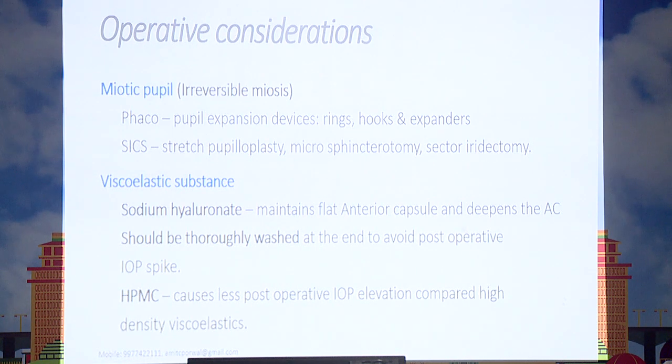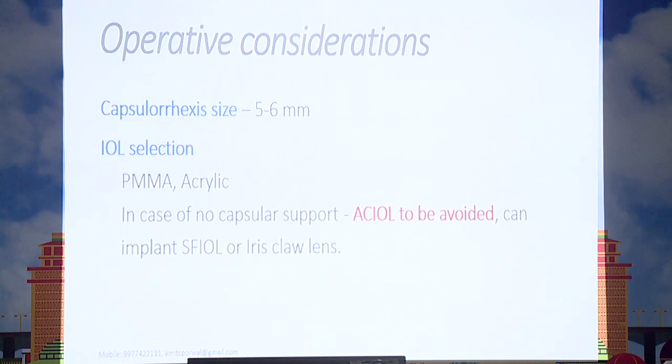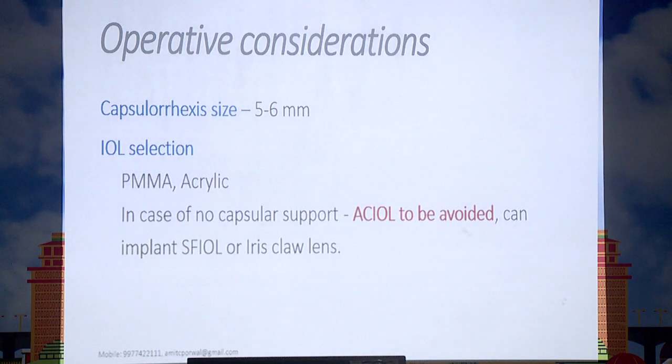Coming to viscoelastic, sodium hyaluronate is very important because it maintains the flat anterior capsule and it deepens the AC, and whenever you wash it out, it comes out in one go. So sodium hyaluronate plays a very, very important role. Your access should be of adequate size. For IOL selection, you can use a PMMA or acrylic, but if there is no capsular support, an ACIOL has to be avoided. You can implant an SFIOL, or I would still recommend an iris claw over an SFIOL because the amount of dissection with SFIOL is more, or you can go with the newer Yamane technique or the newer techniques of